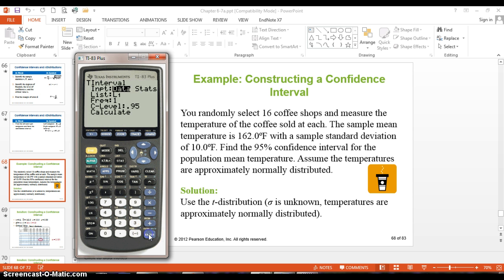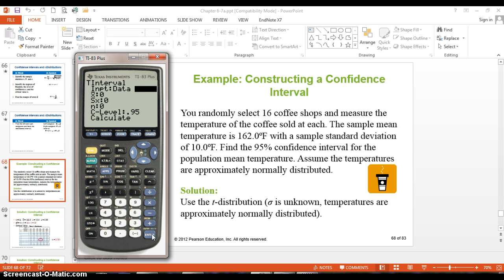And we'll hit enter. So if you were dealing with actual raw data, we would keep it in the data mode, and we would actually type in the list of data in list L1. But since we're dealing with summary statistics already in the problem, which means they gave us the sample mean and the sample standard deviation, I'm just going to right arrow over to where it says stats and hit